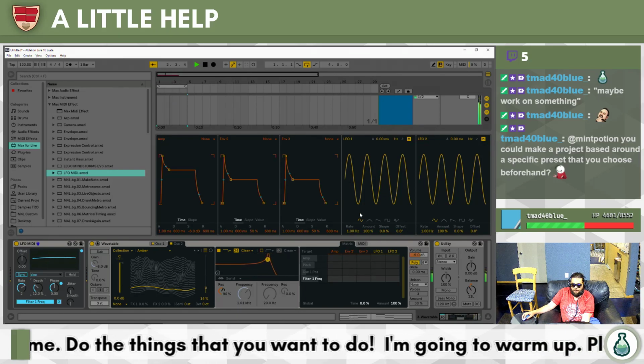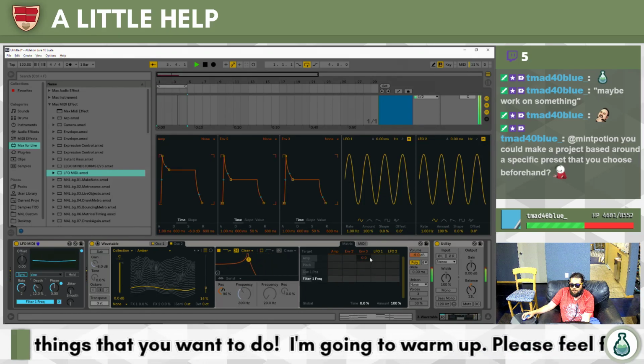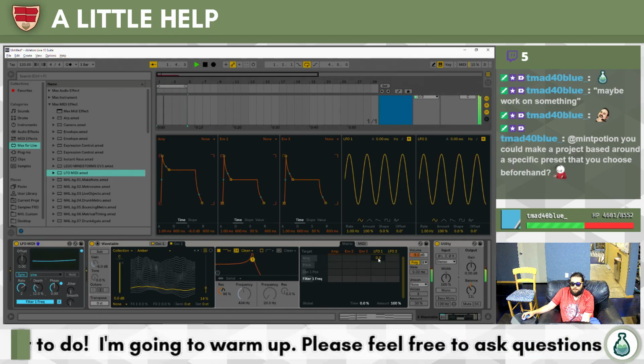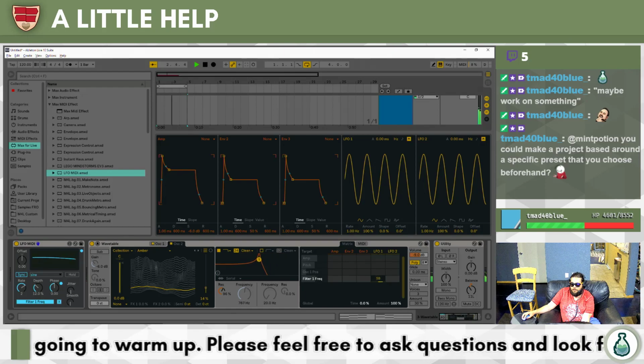Like, I know there are LFOs that I can map here, but it's like, why not cross-modulate, you know? And sure, you can do that here too. I can take LFO 1.